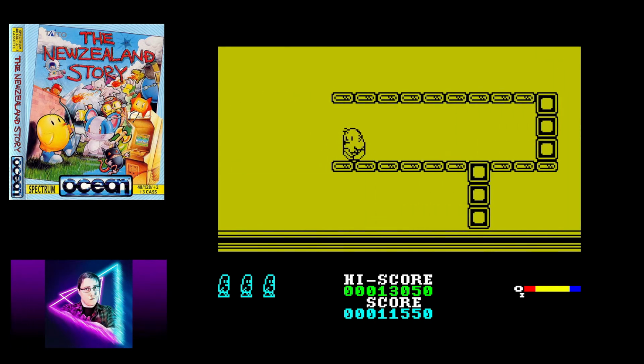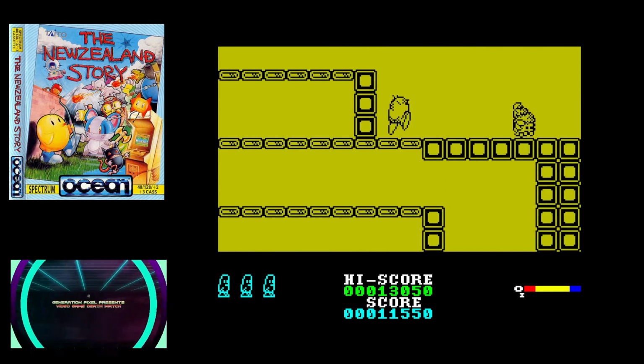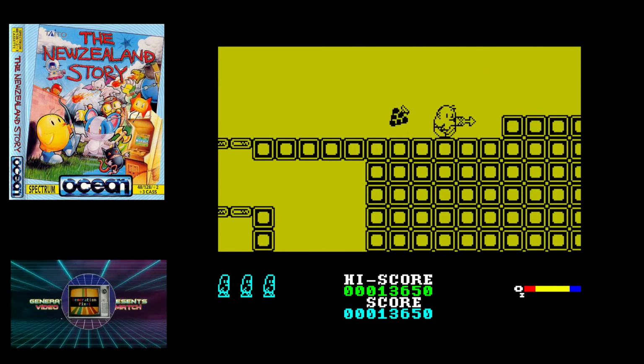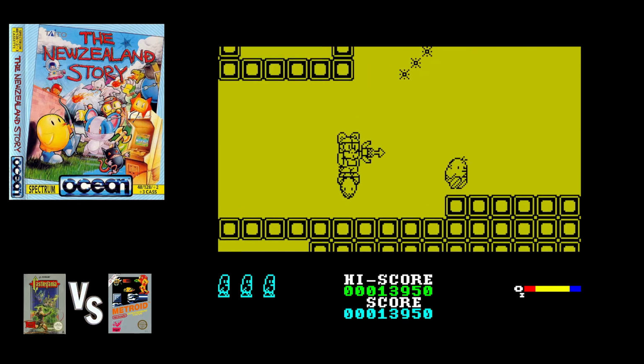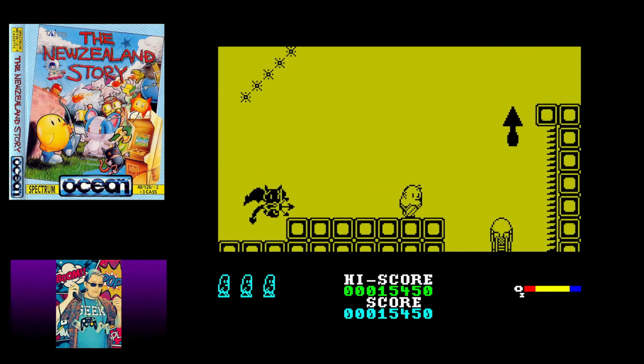Yes, of course, the old monochromatic trick was used for colour, but that quite suited this game, to be honest with you. And the gameplay itself, well, it was much faster and smoother than many other arcade ports, including the previously viewed Narc, because as you can see from the gameplay, the scrolling in this game is almost perfection for a ZX Spectrum, and there weren't many games that actually managed to achieve that effect on this system.